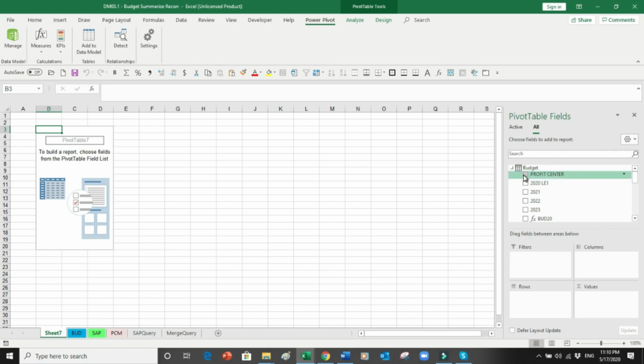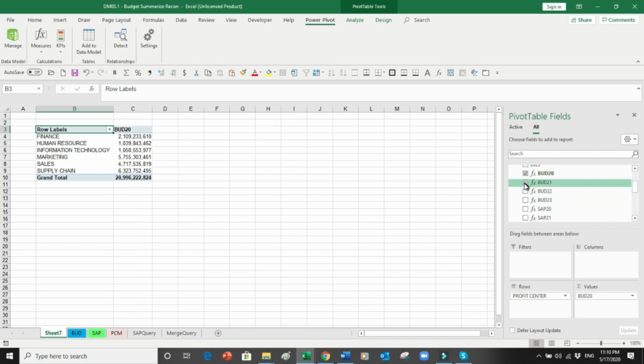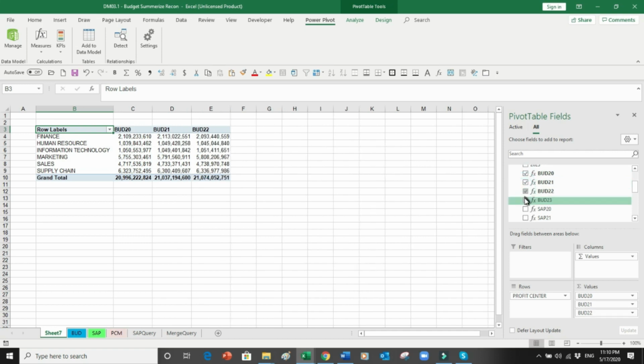So first of all, I need my profit center because I need the names over here, and we all know this is the names, and a DAX formula has created the functions over here. We know we have created budget 20, 21, 22, 23, so they all have been created over here. So just to show you, I want to see my original numbers, and then I want to see is there any difference over here. So let's say I want to select this one, this one, and this one,